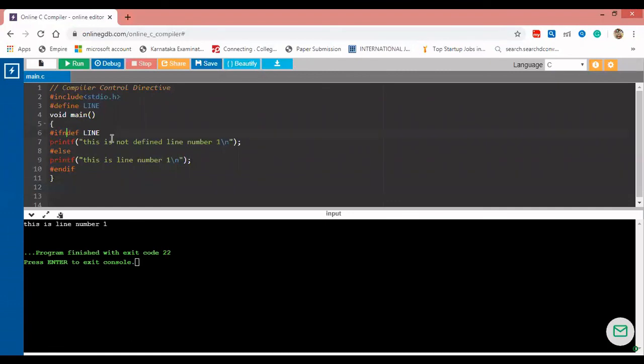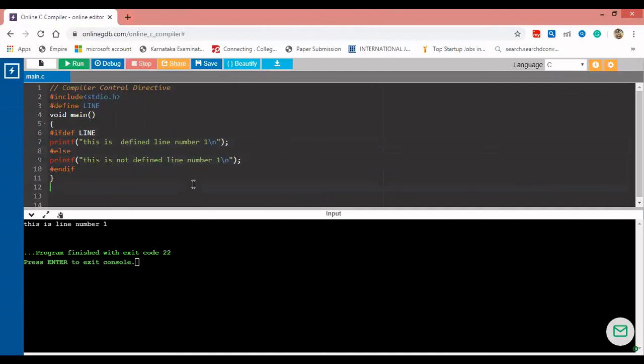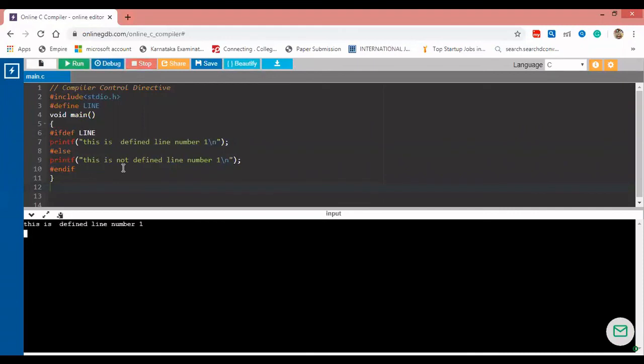I'm going to make a small change. I'm going to remove n now. Means if LINE is defined, this should be true and this should be false. I'm making small changes in order to check ifdef, and I'll run the program again. The first ifdef checks whether LINE is defined or not.